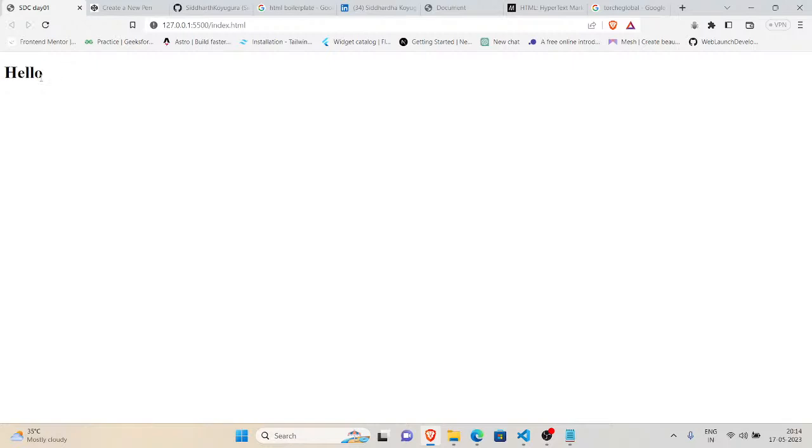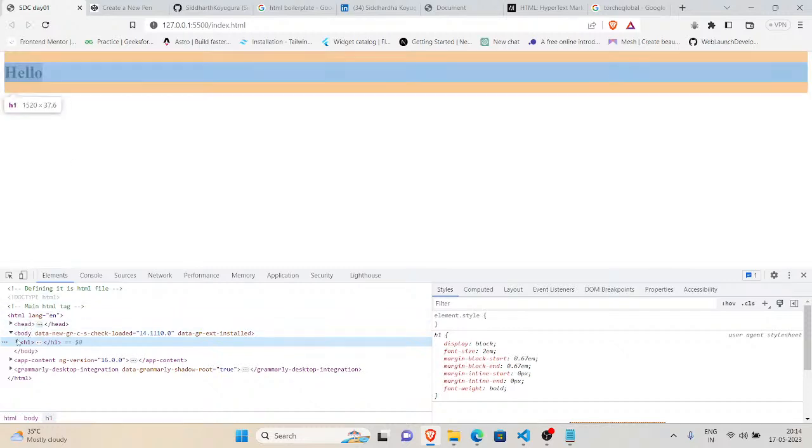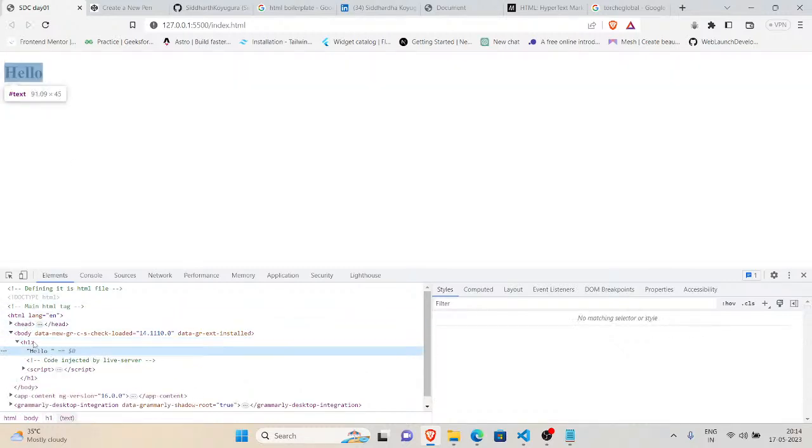Is it the default tag? No. The default tag would be starting from like here onwards without spacing. Then what is it? Let us inspect. It is showing under the h1 tag only.